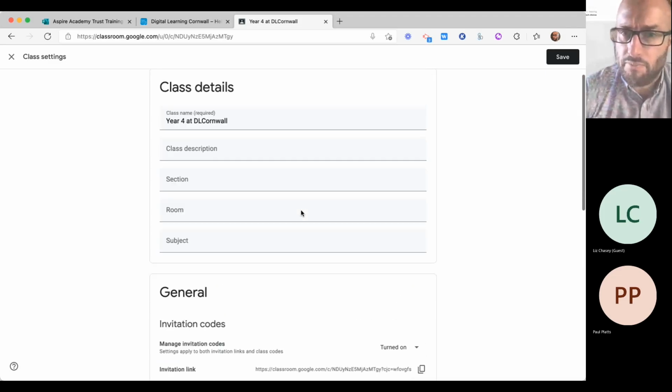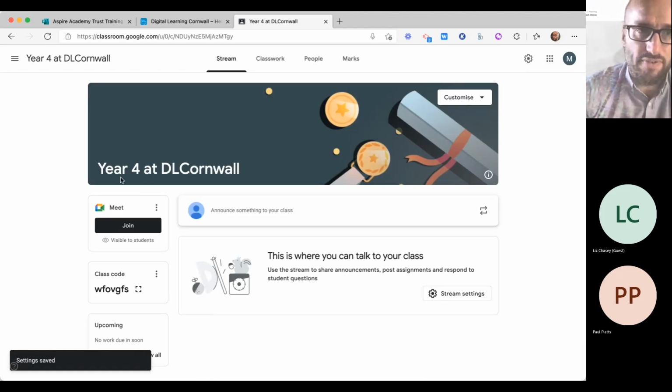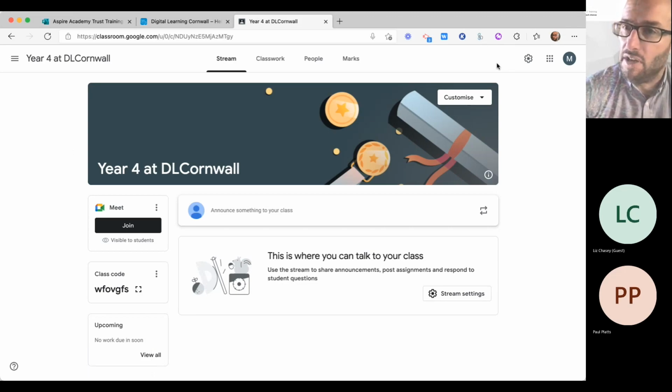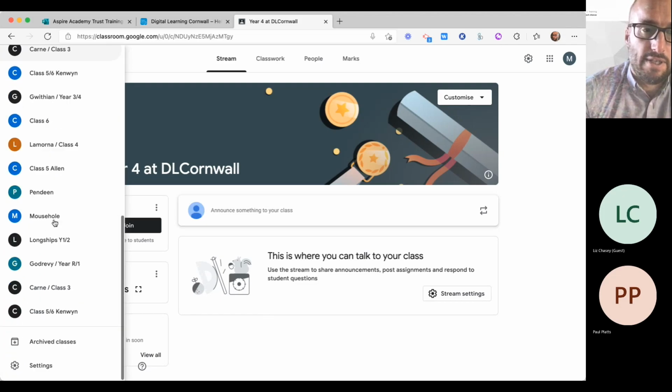So I'm going to save that. There's something else with Google Classroom that can be a source of frustration, and that's notifications. There's no bell up here, and I really wish there was, to give you a sort of rundown of what's going on. But if you go to the top left, you'll see here's the classes I've got access to, and